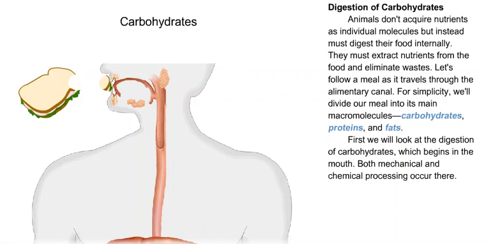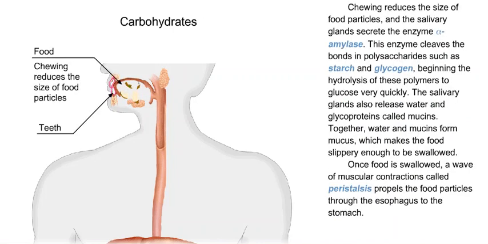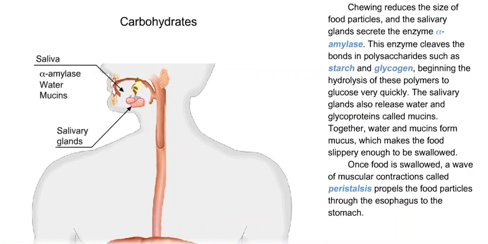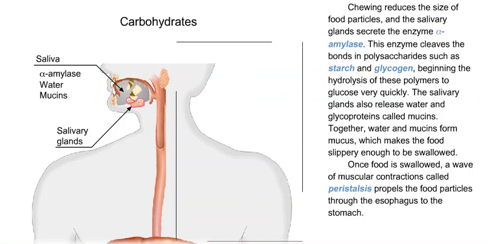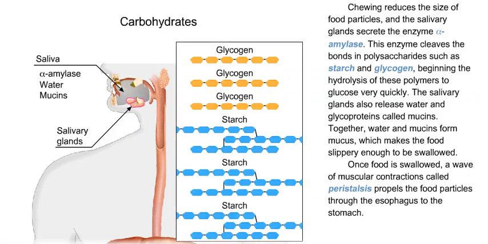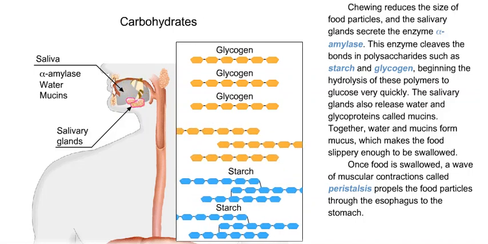First, we'll look at the digestion of carbohydrates, which begins in the mouth. Both mechanical and chemical processing occur there. Chewing reduces the size of food particles, and the salivary glands secrete the enzyme alpha amylase. This enzyme cleaves the bonds in polysaccharides such as starch and glycogen, beginning the hydrolysis of these polymers to glucose